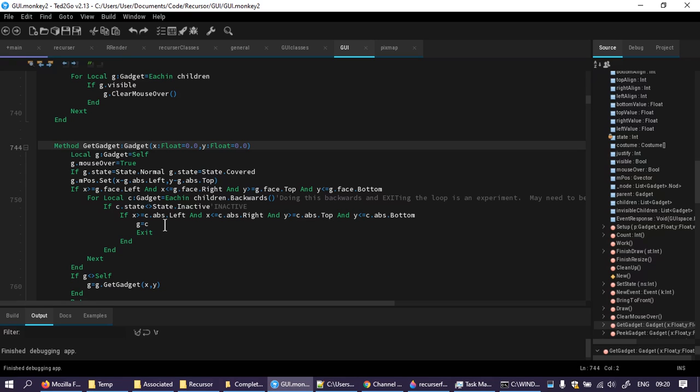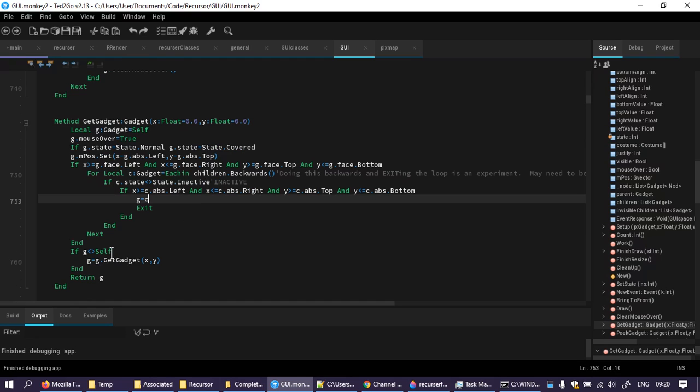If you're in the face of the gadget, go through the kids backwards. And yeah, do this. If G is greater or less than self, G equals get gadget XY. So this rattles through the tree and finds which gadget the mouse is currently covering. And what I want it to say is, if this is a type gadget the mouse can't actually cover, then